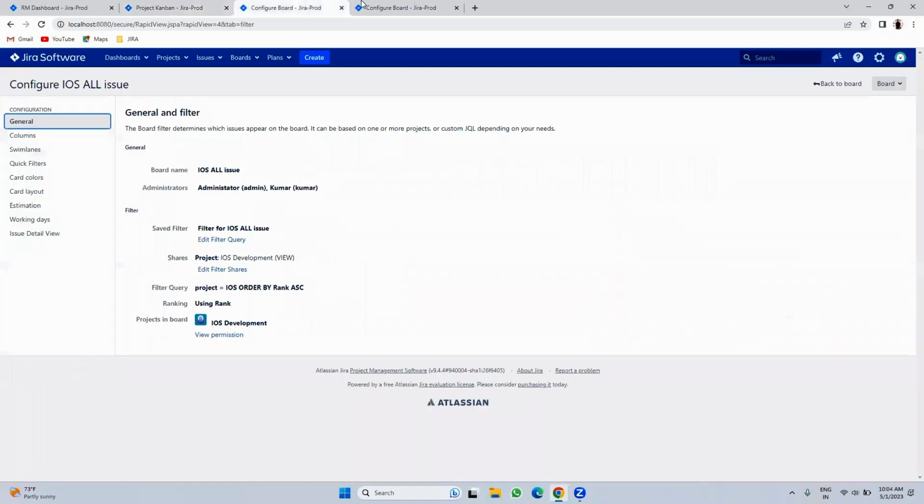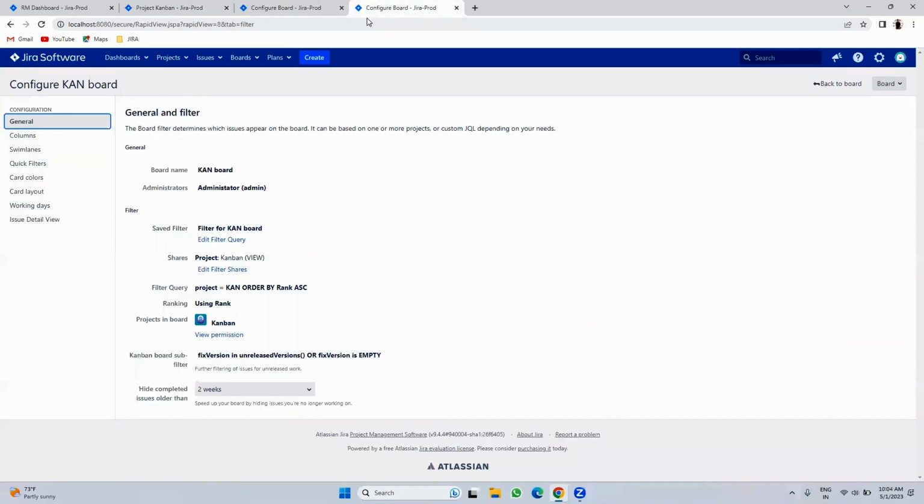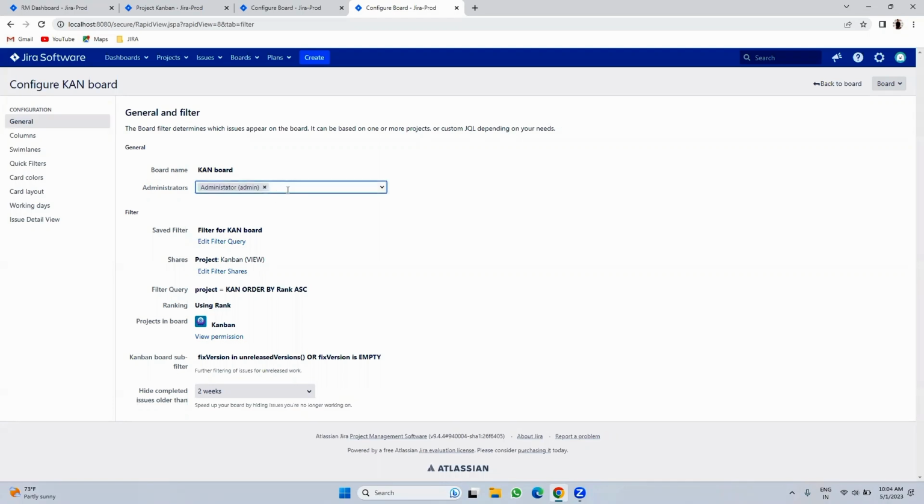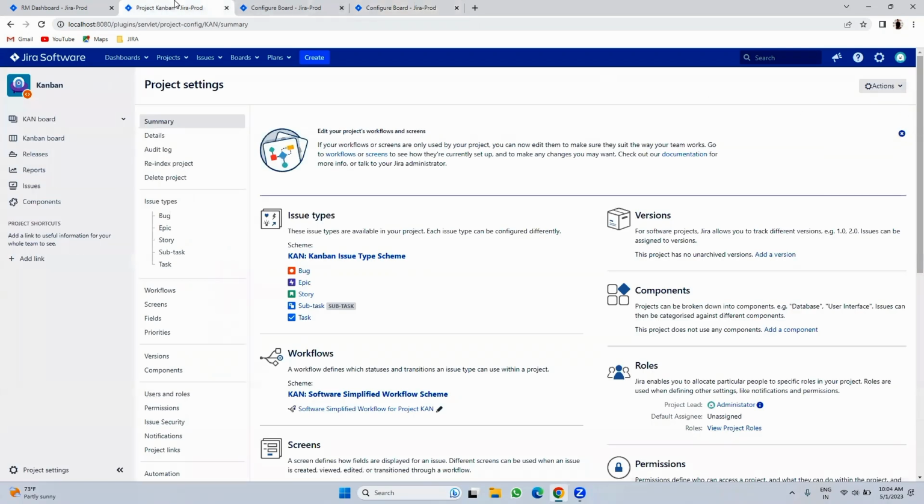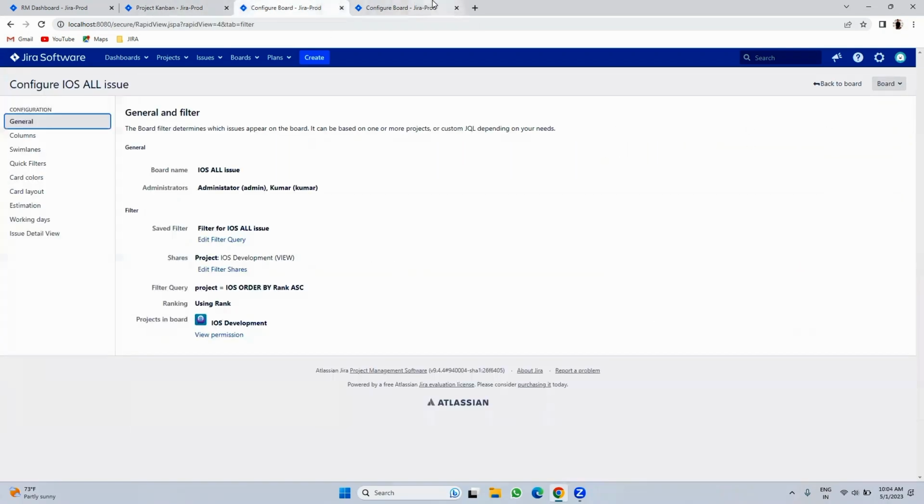Apart from the project configuration, we have a board configuration. The board configuration is not only for the administrator. It's optional for the administrator, because a board administrator can also do that board configuration work. If you log in as, say, Kumar, and I added Kumar here also, they can see the board configurations. Okay, so this board configuration is optional, but we cannot refuse the people, because only an administrator knows how to work these quick filters, card layout, templates, but a normal user doesn't know what this is or how to use it. So that is the reason, and we need to help them. If they keep on asking, one time you can